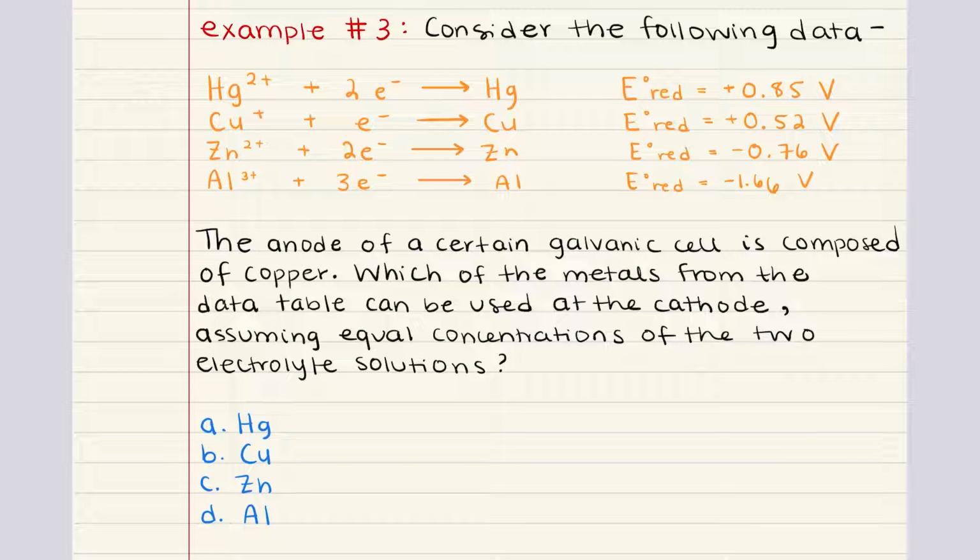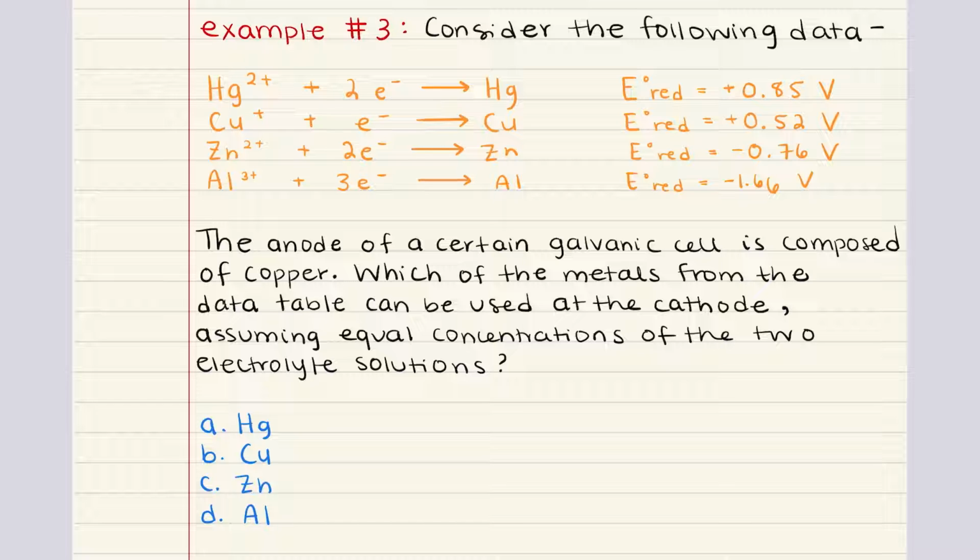Problem 3 says, consider the following data. The anode of a certain galvanic cell is composed of copper. Which of the metals from the data table can be used as the cathode, assuming equal concentrations of the two electrolyte solutions? Now, to determine which metal can be used as the cathode in a galvanic cell with a copper